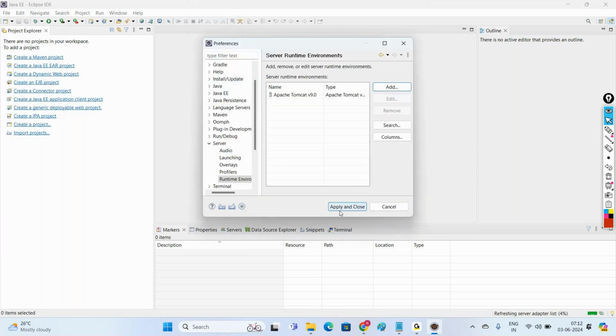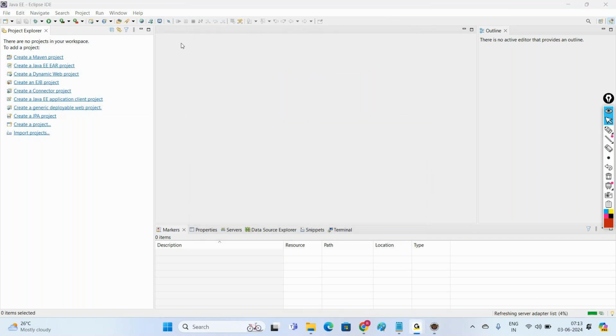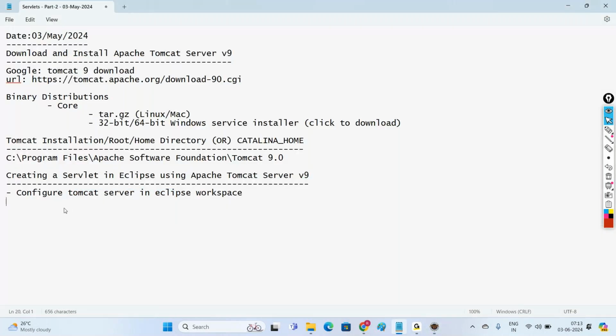Then click on Apply and Close. So only one-time process for your complete workspace. So let me document how to configure Tomcat server. Click on Window, Preferences, Server, Runtime Environments,